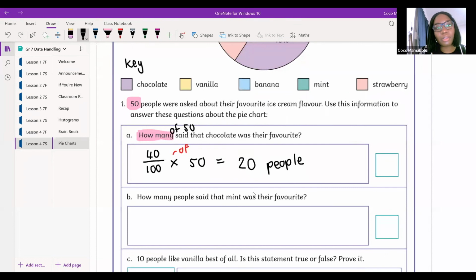Would you times 4 by 50, then divide it by 100? Exactly. Or we could do it the other way around. We can go 4 divided by 100 and then multiply it by 50, and we'll get the exact same answer. What answer does it give me, Adam? 200, but the answer is 2. 2 people. Good, because you just go 4 times 50, that's 200, divided by 100 will give me 2 people. Excellent. Well done, Adam. That's what I'm looking for.